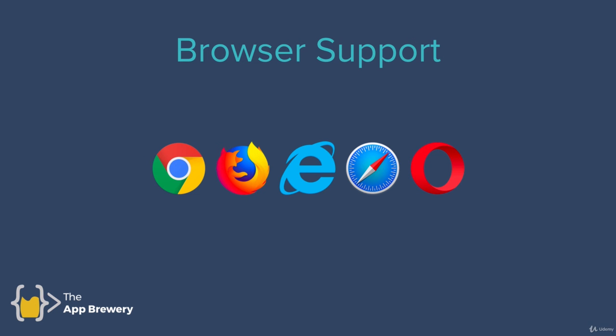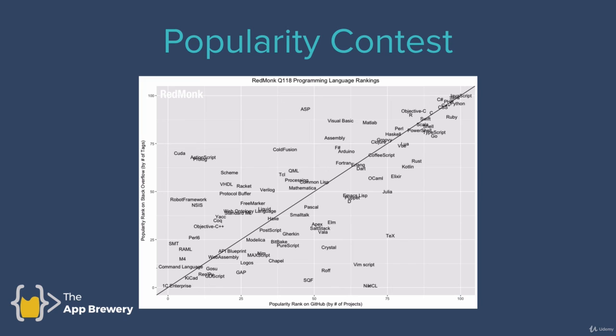Now, the other great thing about JavaScript is that it's the one language that is supported by all of the major browsers. While you can use other languages that can be compiled into JavaScript and run on the browser, it is still the language that powers the web. And this is evident from the popularity of JavaScript. This is a graph compiled by RedMonk, for January 2018. You can see at the top right corner that the most popular language of 2018 is still JavaScript,